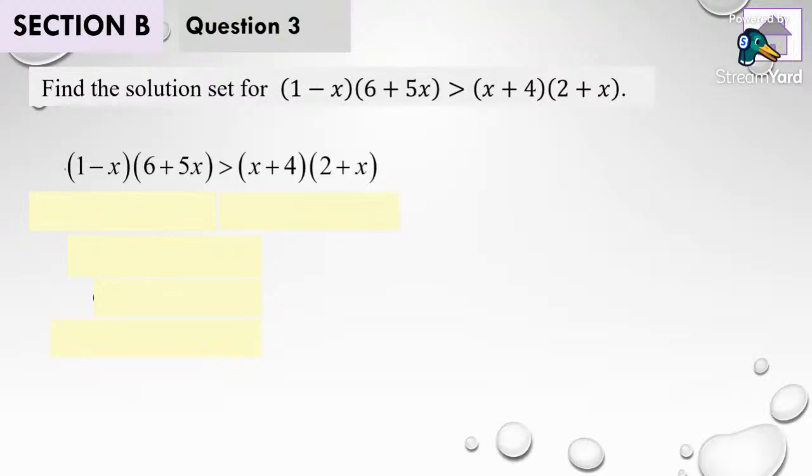So watch out for the expansion. I will break the first bracket into two parts, the part underlined and the part that I circle on the left hand side here. So the first value 1 multiplied with the second bracket will give me the answer as 6 plus 5x. Then I use the second term, minus x, multiplied with the second bracket. It will give me minus 6x minus 5x squared.